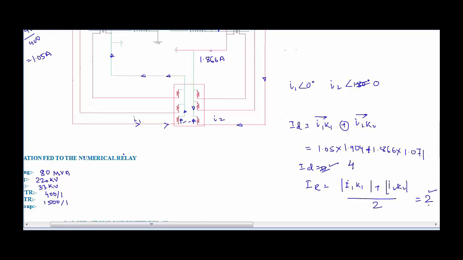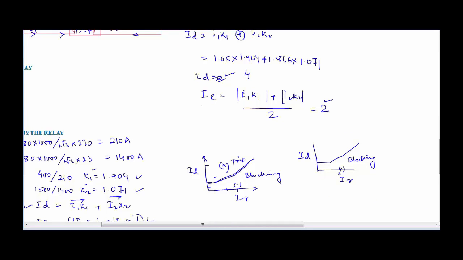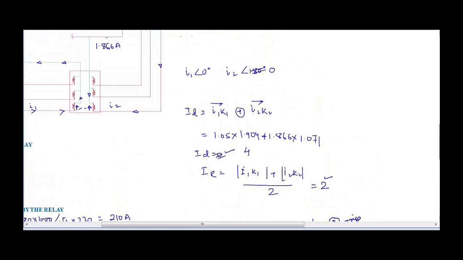So the location of the point on this curve or on this plot will be somewhere like, if IR is equal to 2, ID will be 4 at this point, and it will be located somewhere here, which is lying in the tripping zone of the transformer. Thus the relay will issue a differential trip,